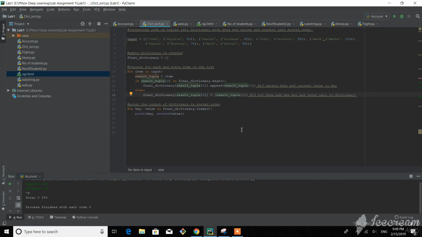Next program. Here we will be having a list of tuple values, and we have to generate a dictionary so that the values will be stored in a sorted format. So this is our input. This is a tuple, and these are the values present in that, and we have taken another dictionary which is empty. So for each item from the input, what we are doing is